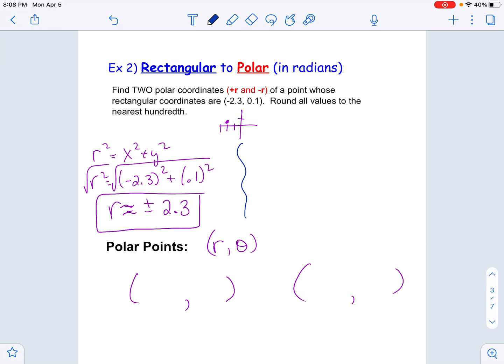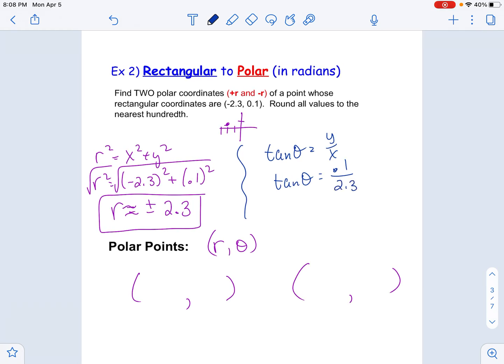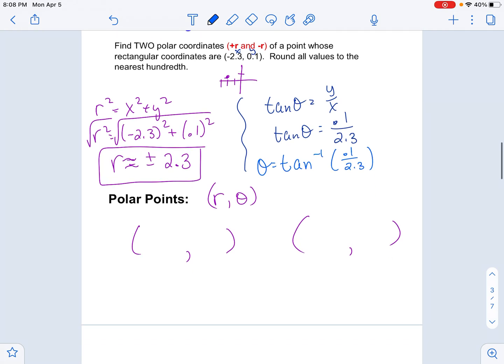All right, so now let's talk about the angles. I know that tangent of theta has to be y over x. So in this case, tangent of theta is going to be equal to 0.1, the y value, over 2.3. Because remember, this is x and this is y. This is not a unit circle value, so this is something that I'm going to have to use my calculator for. And remember, anytime we're looking for the angle to find theta, we have to do inverse tangent of 0.1 over 2.3. All right, so when we plug that into our calculator, that gives us a theta value of